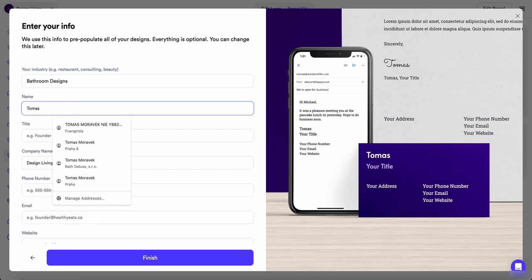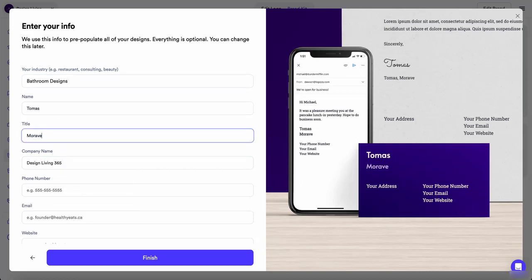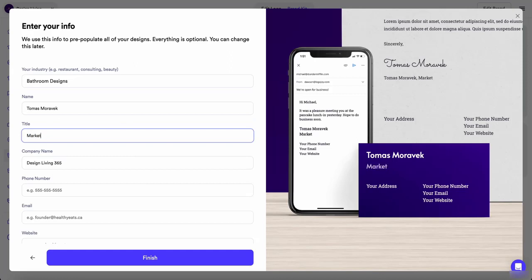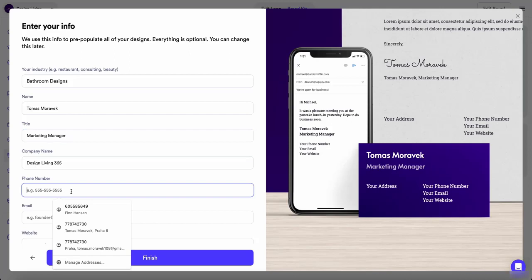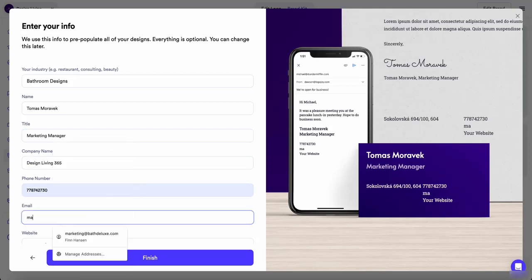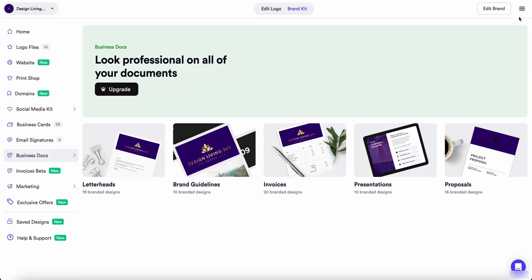And it will, it's incredible. It's a tool, it's incredible. I really like it.